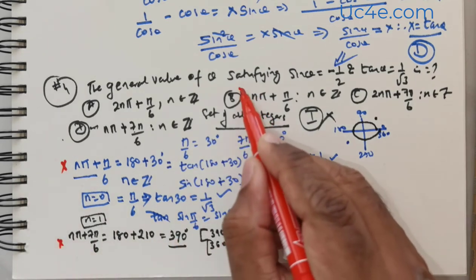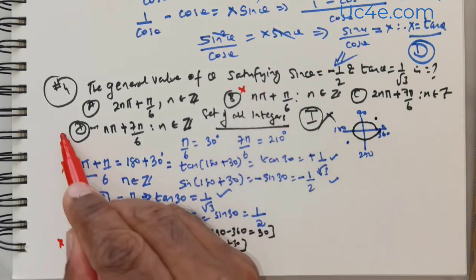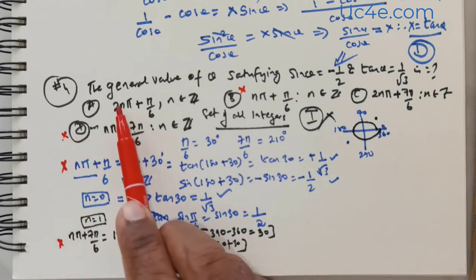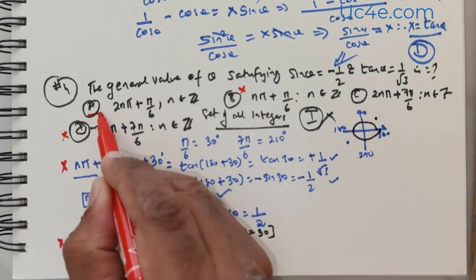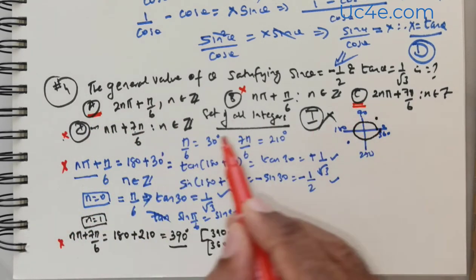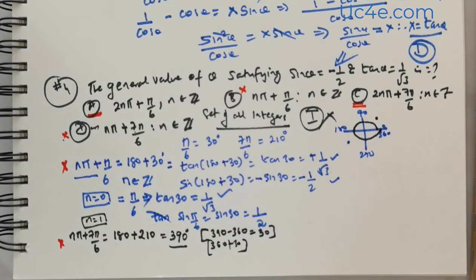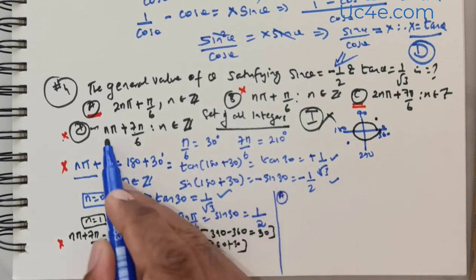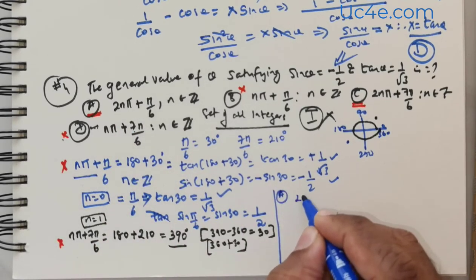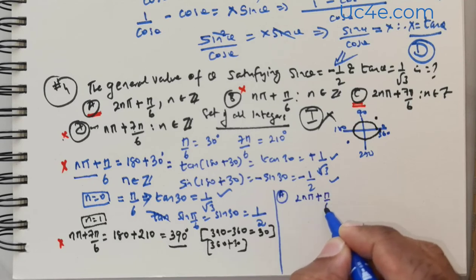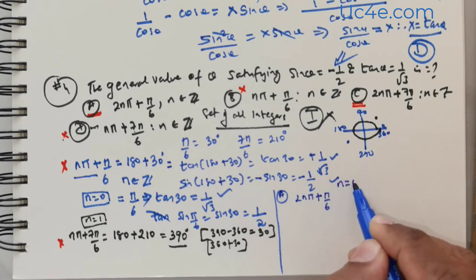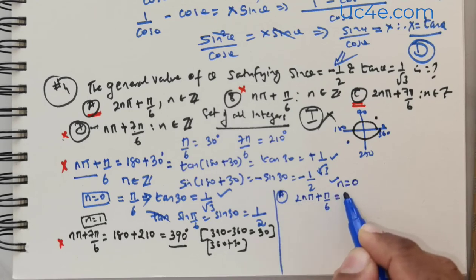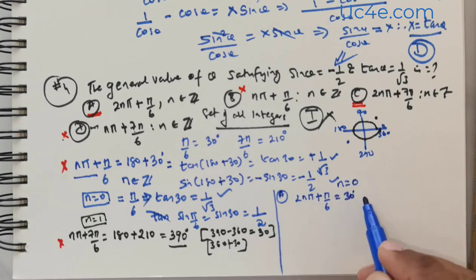So I've already shown you why this is dropped. Now I'm showing you why this is dropped. So now all that we are left with is choice A and choice C. So you will have to select which of these two choices is going to be the solution. So let me now take choice A and show it to you. Now choice A is given to be 2n pi positive pi over 6. Now let me take the value for n to be equal to 0. The moment I take the value for n to be equal to 0, I would get 30 degrees. Now tan 30 produces me